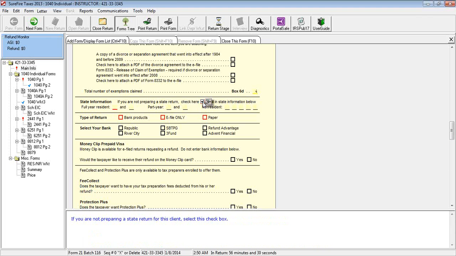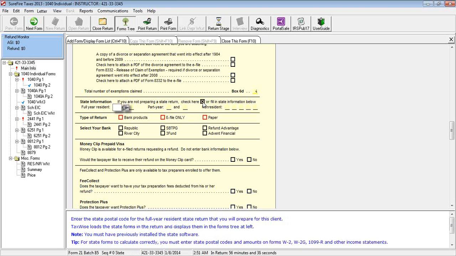All right. But for now, we're going to pretend we're doing just a Tennessee return. So we're going to click here, check here, and tab off, and that takes away everything else. All right. Now, very important. During the season,